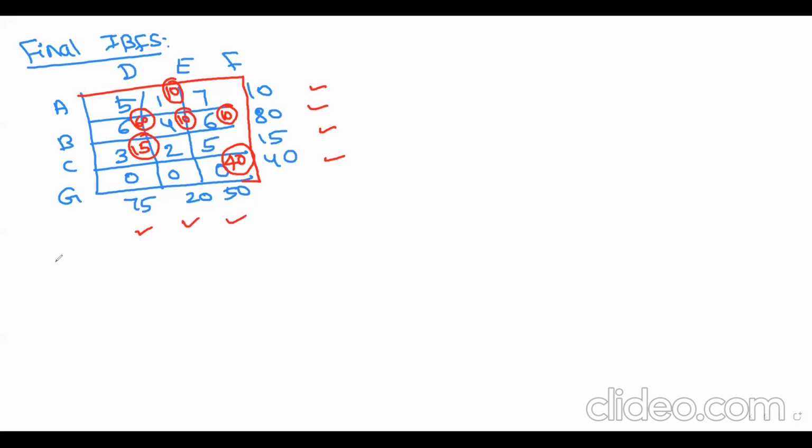Now we're going to find the amount, the cost. Total cost is equal to 1 into 10, 10, plus 6 into 10, 60, 4 into 10, 40. For each allocation we have to multiply. 3 into 15, 45, plus 0. 360 plus 40, 400, 460, 470, 470 plus 45, 515, 525. How much did you get? 525. Is it correct? One minute.